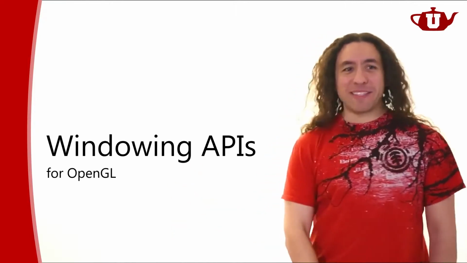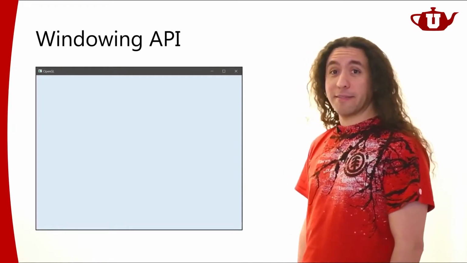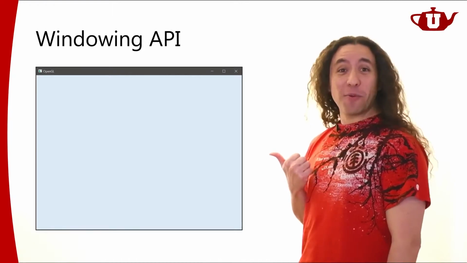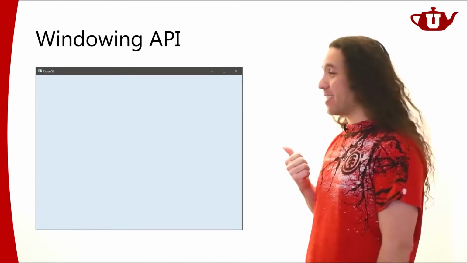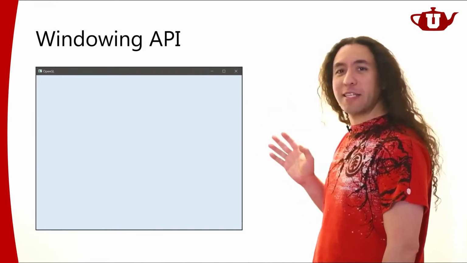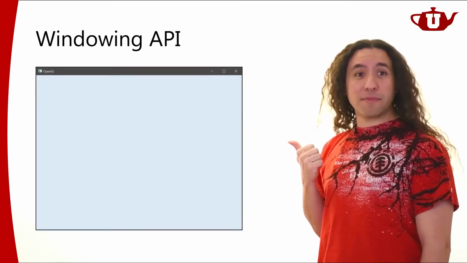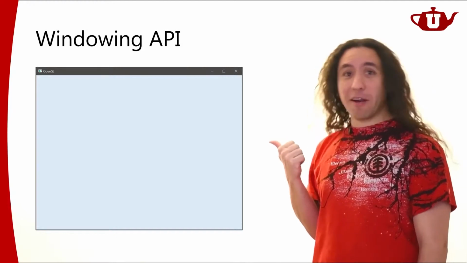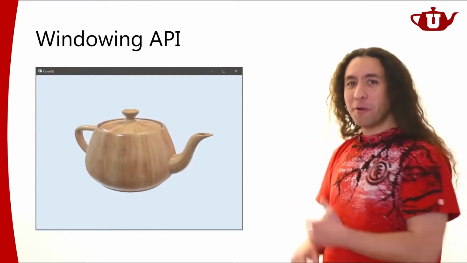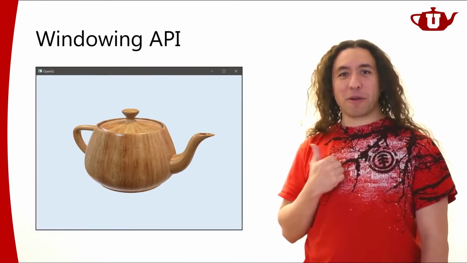All right, windowing APIs. So what does it do? Well, what we want is this. This is what we need: a window that we can draw stuff in, right? So I colored the background to something, but whatever. We're going to put some image inside this window, and that's what we need from our operating system, right? So that part is going to be system dependent, sort of operating system dependent. And then once we have this window, we can draw whatever we want inside this window. All right, so that's what we're going to need.